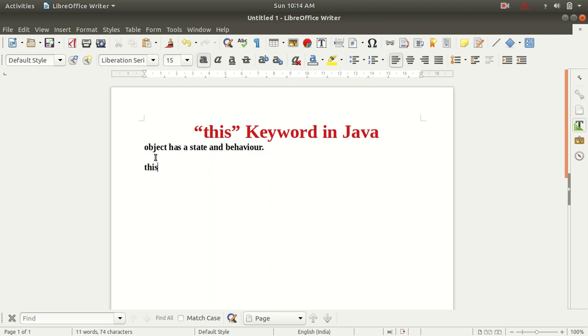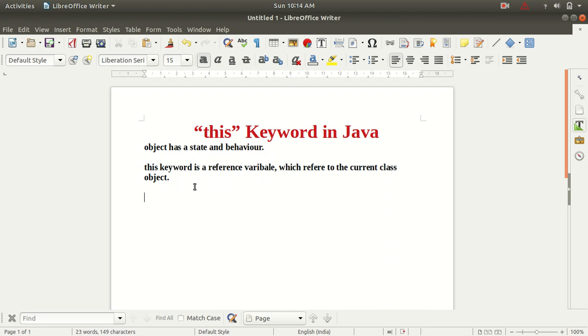So the this keyword is a reference variable which refers to the current class object. Fine.